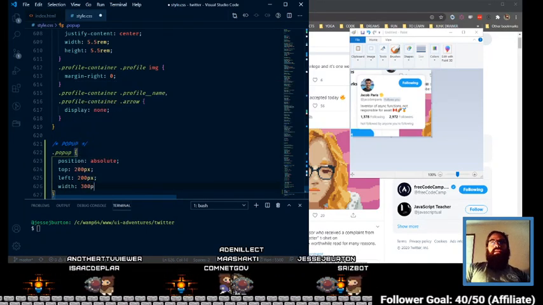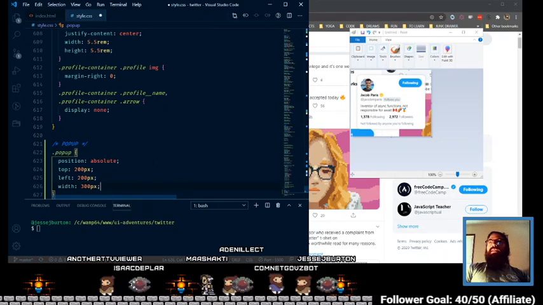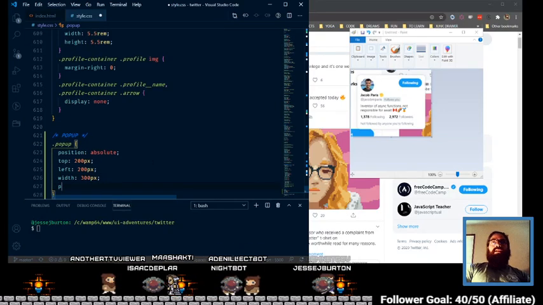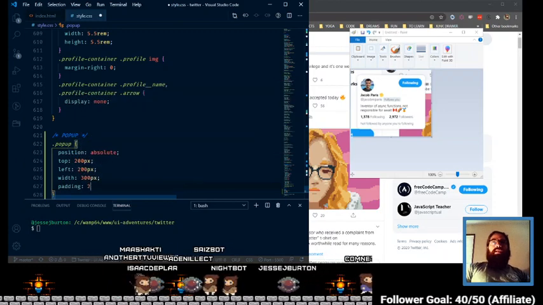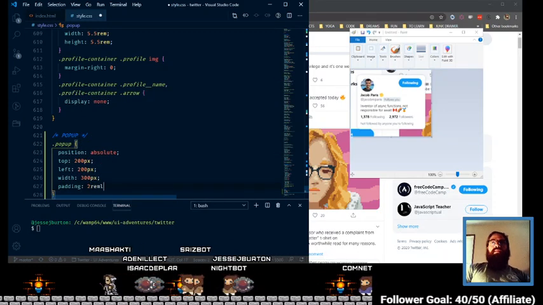I'm going to give it a width of, say, 300 pixels. Looks about right, because all of these were standard widths, and they do all seem to have a padding. I'll give that a padding of 2 rem,